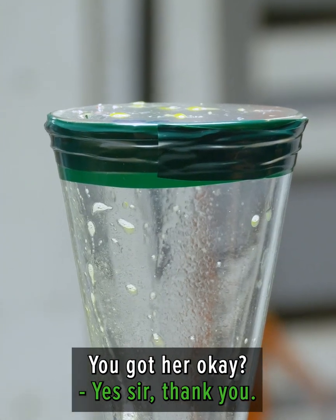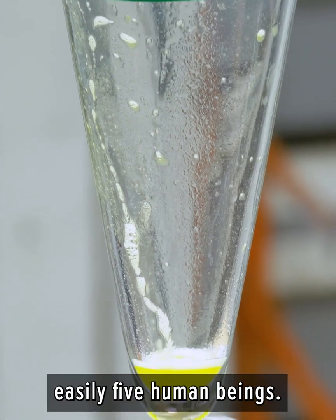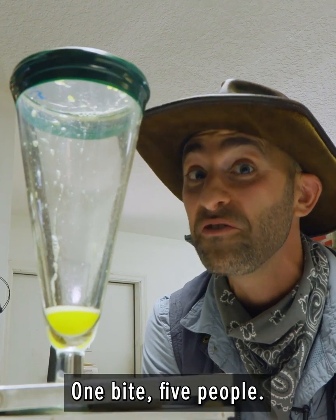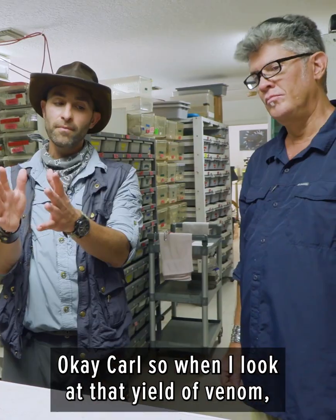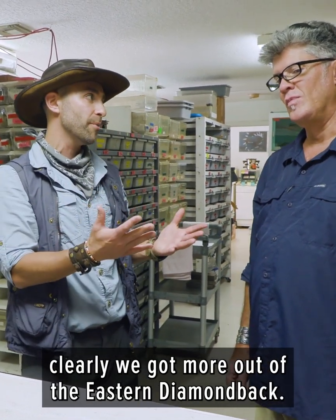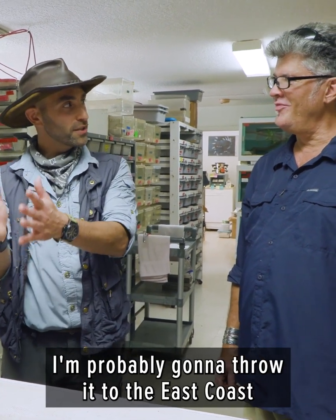Thank you. That Eastern was a little bit bigger, and that right there is enough to kill, what Carl said, easily 5 human beings. One bite, 5 people. That is impressive. Okay, Carl, so when I look at that yield of venom as compared to the Western Diamondback, clearly we got more out of the Eastern Diamondback. Sure. So in that East Coast versus West Coast battle, I'm probably going to throw it to the East Coast